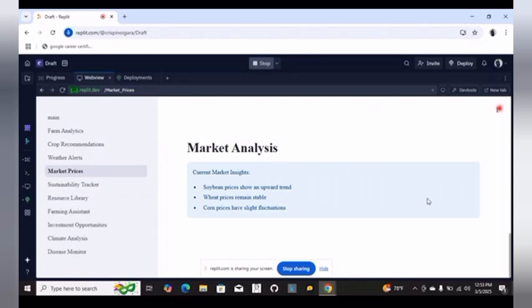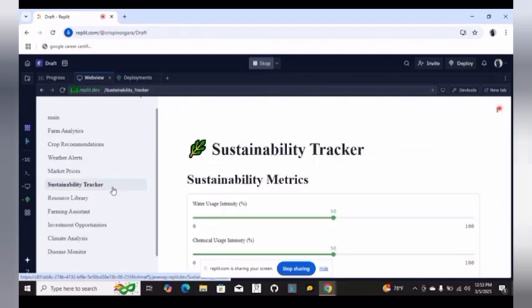This is basically on some crops that I've selected, and it can also show you on other crops, maybe of your region where you are, something like that. It's quite good. We have also sustainability tracker. Sustainability tracker basically